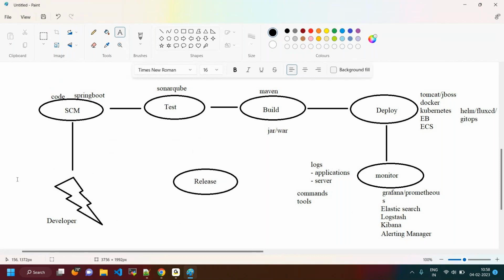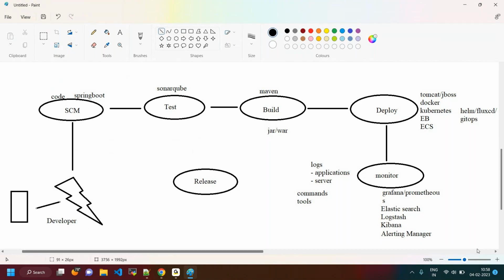One more guy is there, he is the client. This guy is going to ask for some requirements. Based on the requirements, developers make some changes, and once they have done the changes, they keep them under source code management. Once the changes are done, it should be tested automatically, built automatically, and deployed automatically. Because developers are there, 4 members are there, but here DevOps might be fewer. So how can we handle each and everything?